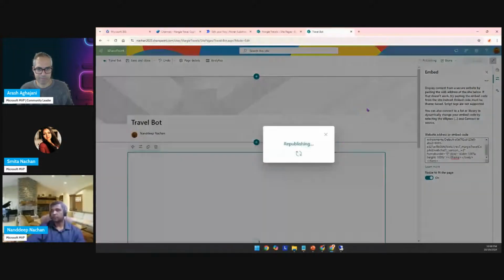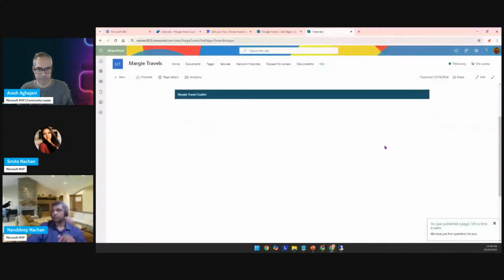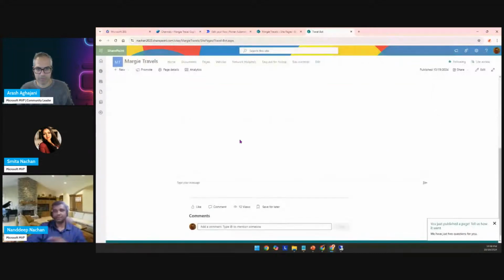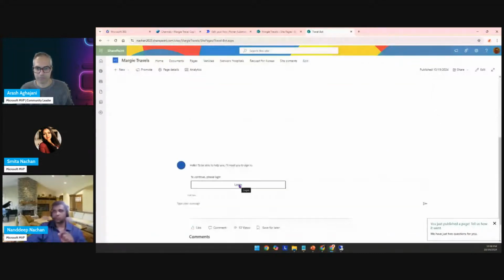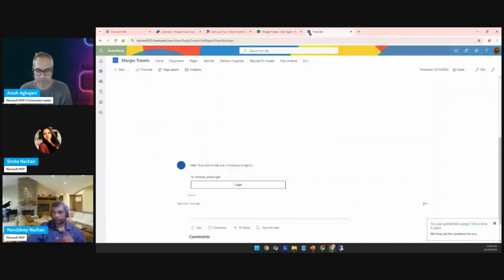So once you republish, this is the code. It will run here, and then you will be able to see your Copilot. So here you can see that the market Copilot is coming up. Here you can type your message, and this is the code Smita was talking about, because we have set the authentication to the third option that we had got there. So once you click login, it will